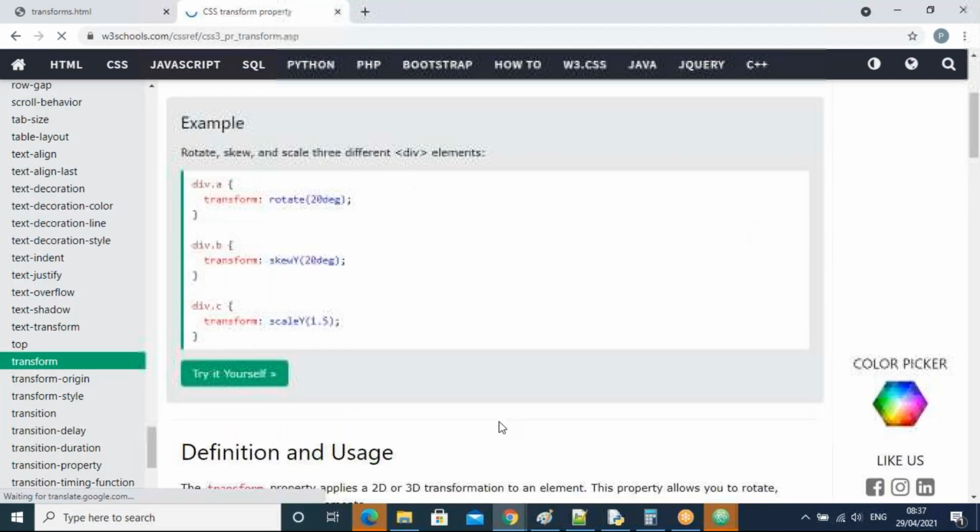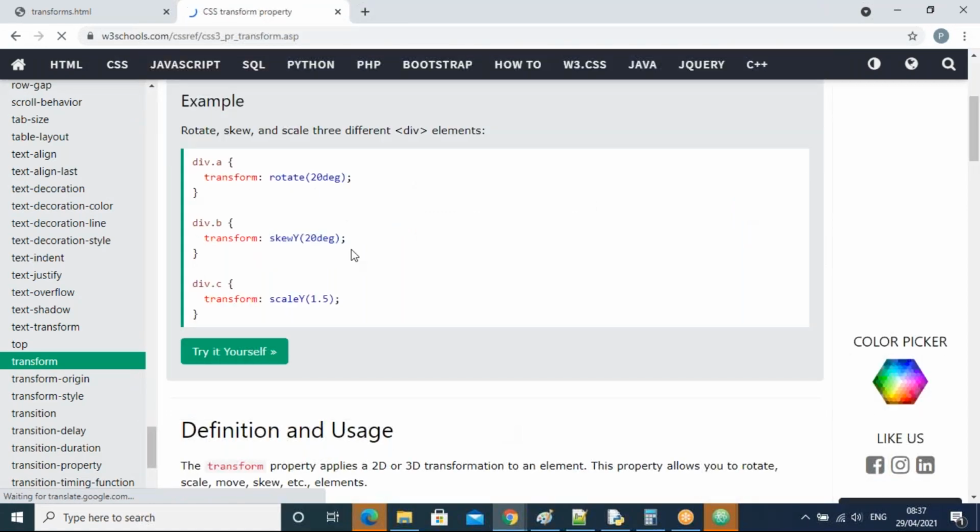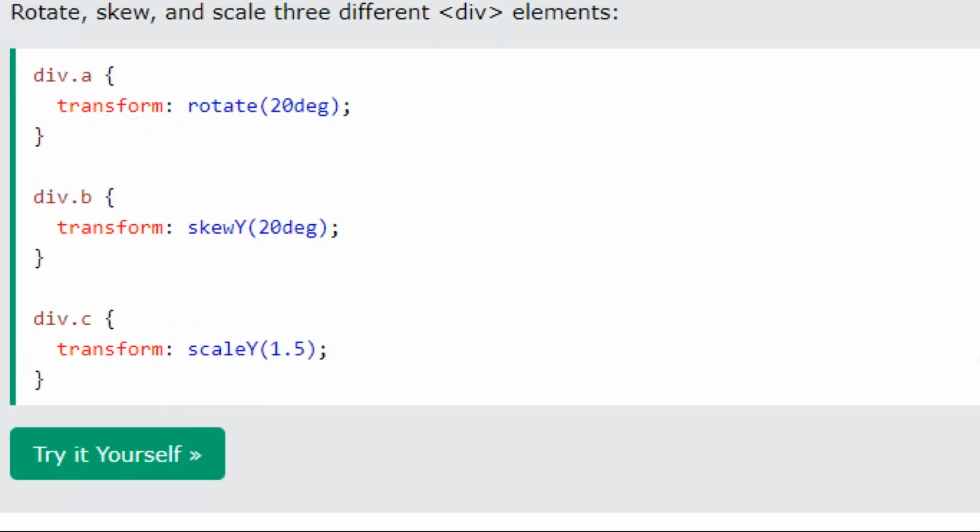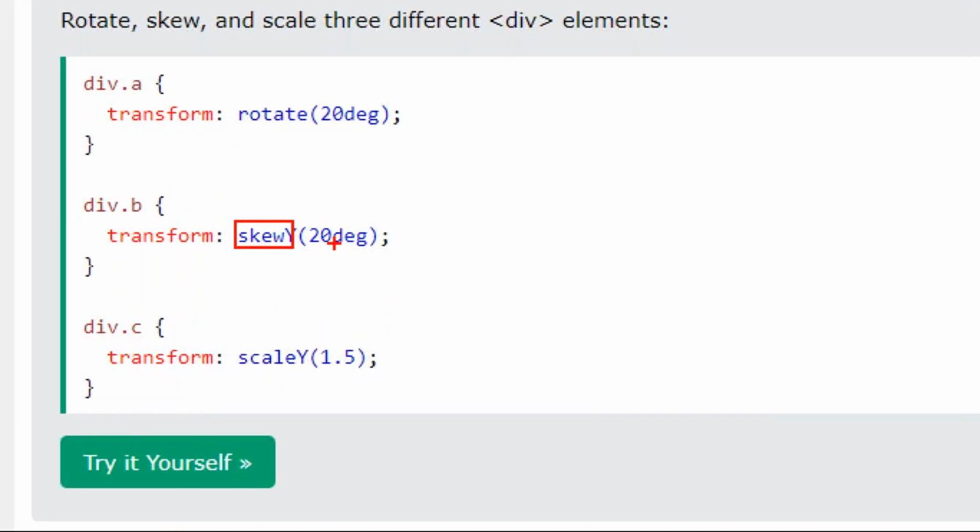All of you can observe here: transform skew with degrees, and normally you can use a number also. We can use degrees, or a normal number is also possible.